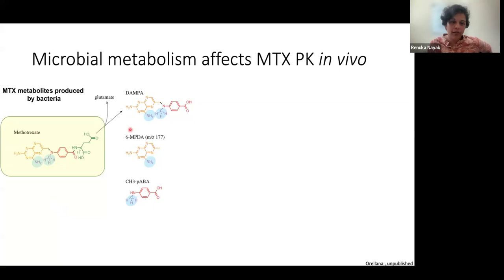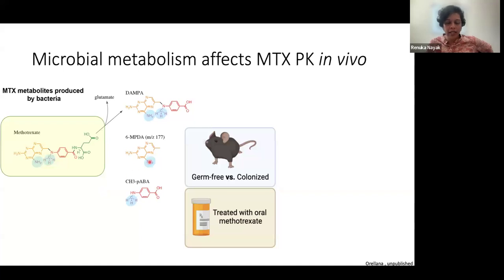What we had also discovered with Andrew Patterson is that there are these novel metabolites. DAMPA is the removal of this glutamate, but DAMPA can also be further metabolized, or maybe this comes from the original methotrexate. These new novel metabolites, 6-MPD and methylpaba, were also seen in our studies using these newer platforms of analytical chemistry, right? So now what we did was we took germ-free mice and we compared them to mice that